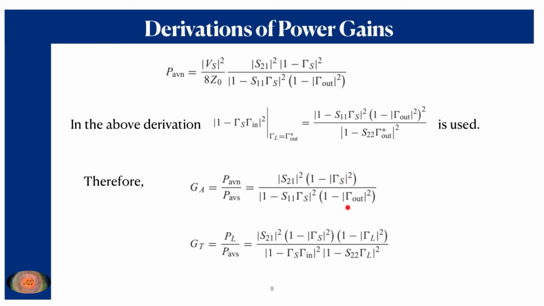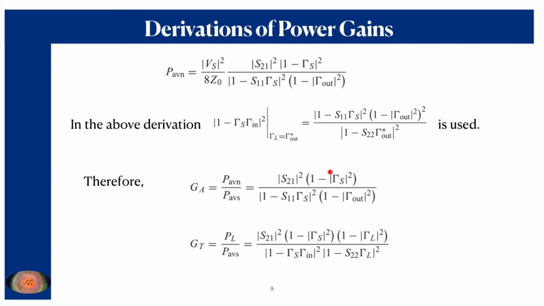So therefore, when gamma out is close to unity, that means V2 minus, which is the reflected wave from the device or from the amplifier that is propagating towards the load, will be increased, which is our desired one. That means when gamma out is close to unity, most of the amplified voltage should be available across the load, and that is why this parameter increases the available power gain.